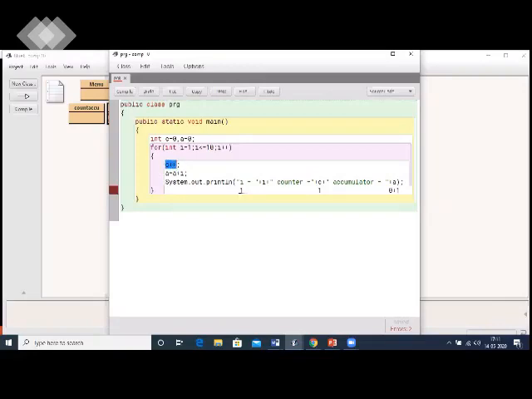So both are matching. Next, when i is becoming 2, my counter also becomes 2 the same way. But my accumulator will become, previous value of accumulator was 1, it will become 1 plus 2 equals to 3.